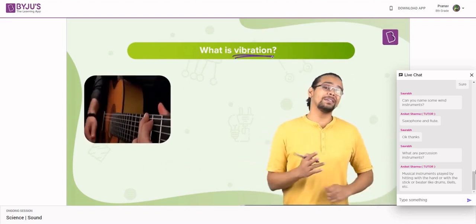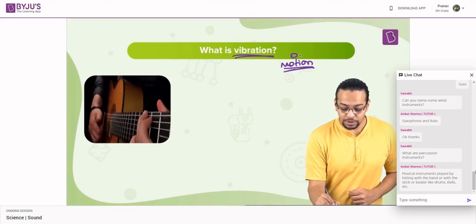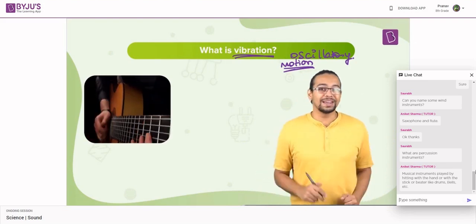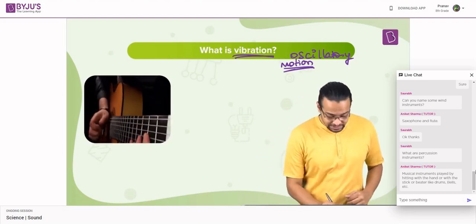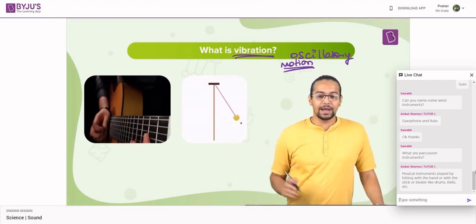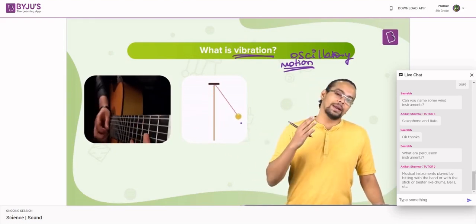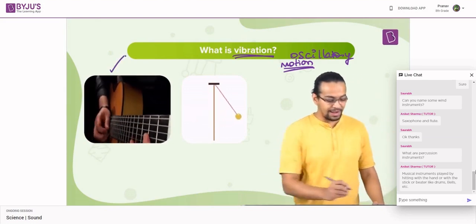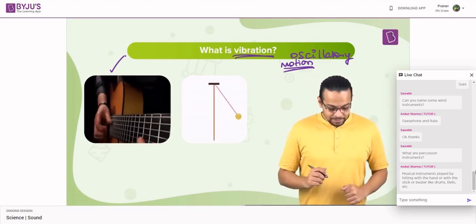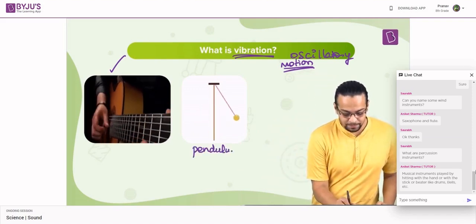Vibration, as you might have learned earlier, in motion, we have something called oscillatory motion. Have you heard of this term, oscillatory motion? When you studied motion in time, you might have come across this fancy little guy called a pendulum, right? A pendulum is basically a weight which is hanging down, and then you give it motion, and it keeps doing that motion again and again. It's really hard for us to visualize that in a string unless we make it really slow motion like I've shown you in that video clip. This is easier for us to observe in the form of a pendulum's motion, right?